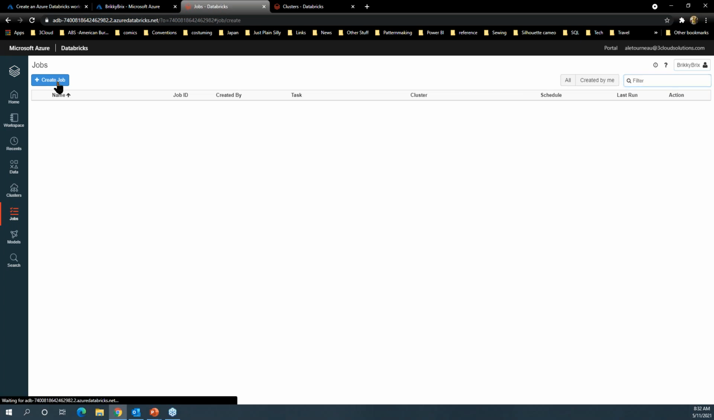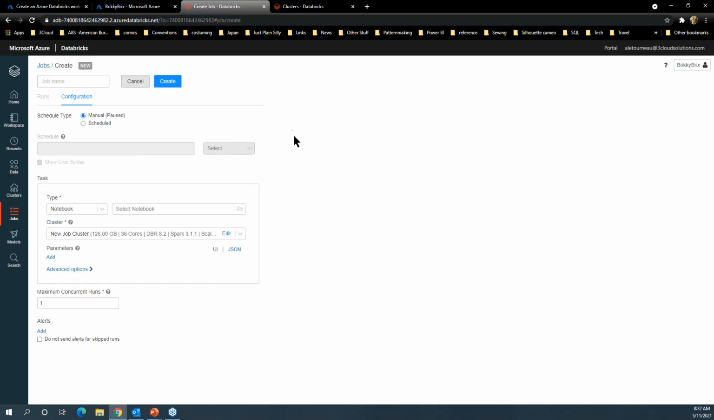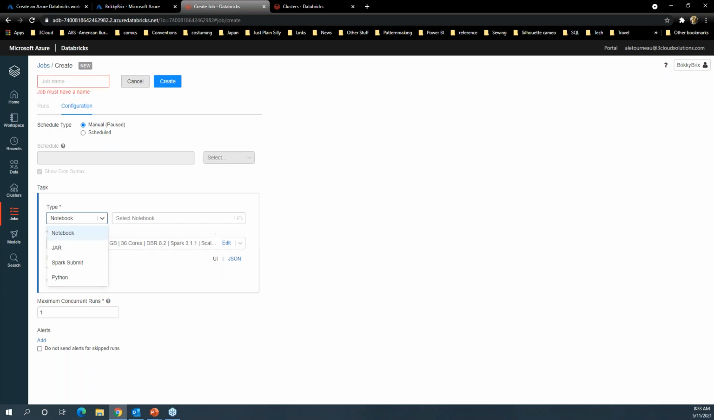In your jobs, this is where you can schedule things. I see somebody saying spin up the cluster on a schedule. This is where you would go and create the job. And here you can have it spin up automatically a cluster that you want it to work with. And if it's running on this new job cluster, once the job is done, that cluster will disappear. If you're choosing an existing one, then